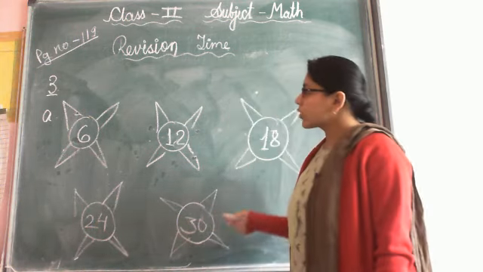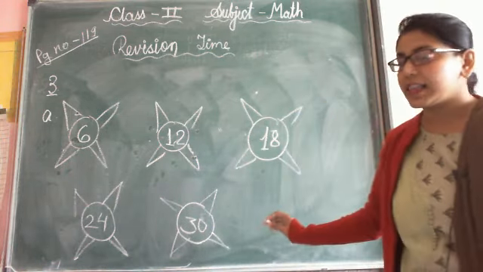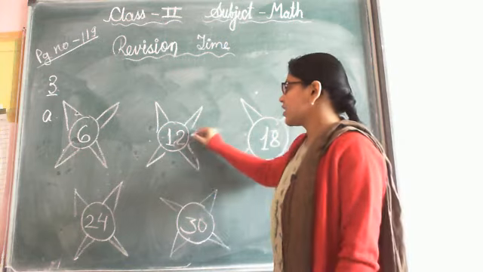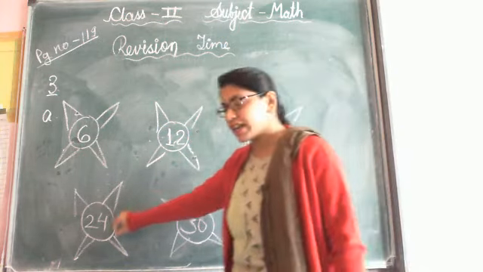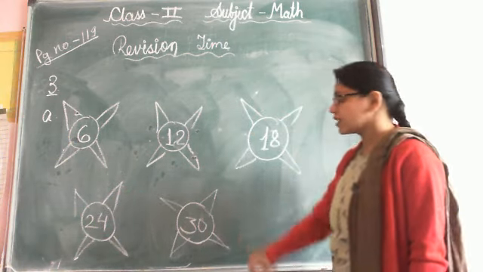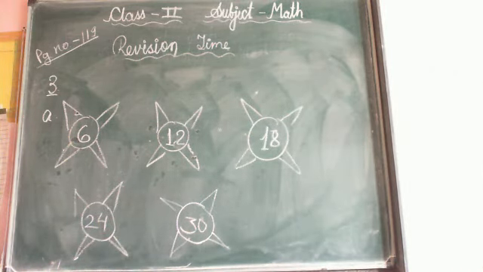Or you can just, if you don't want to do it by table, then you can just add 6. You can add 6 in this, then if you add 6 in this, you will get 24, then you should add 6 in this and you will get 30. So, as all of us know, the table is repeated addition, multiplication is repeated addition, and the multiplication is table. So, either you can solve it by the table or you can add 6 in this.